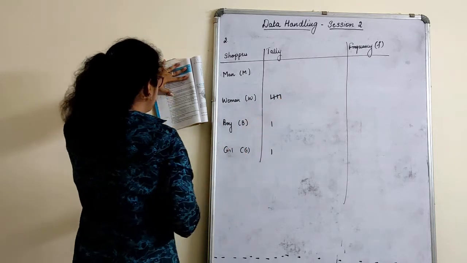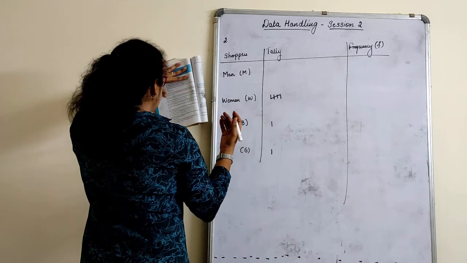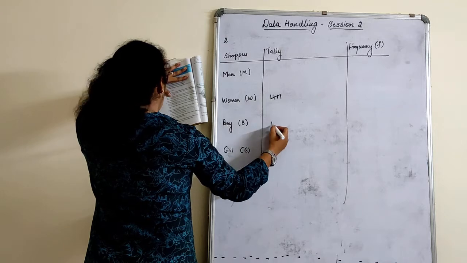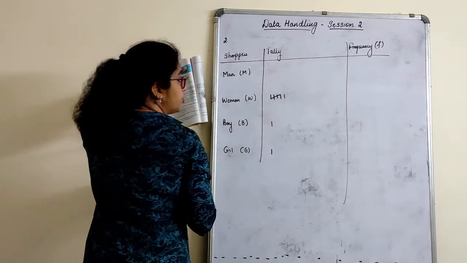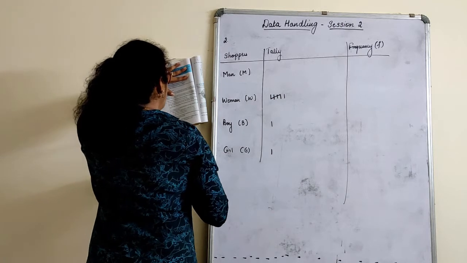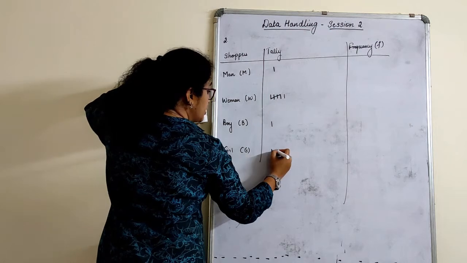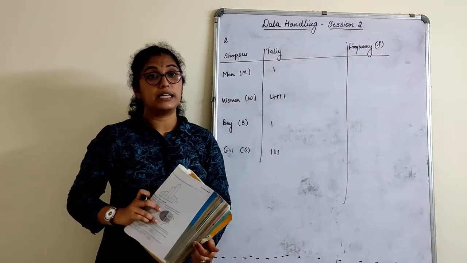See, whenever I talk, we miss out what we have done. Let's check again from the beginning. 3 W's are already done here. Then 1 G, 1 B, 2 W's were there. So 1 we have already marked, 1 more will come here. So after W, it is going to be M. After M, it is 2 G's. Right? Like this, we have to go on marking the tally.